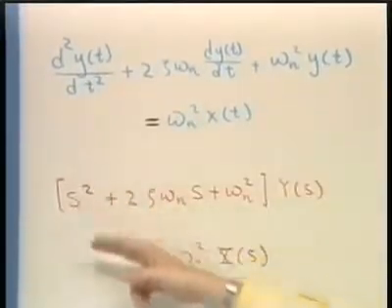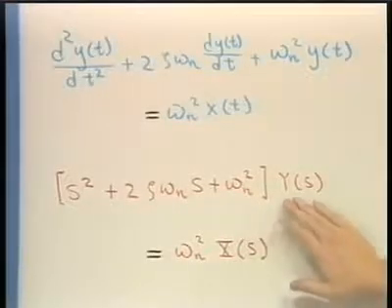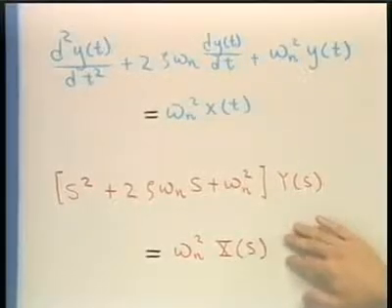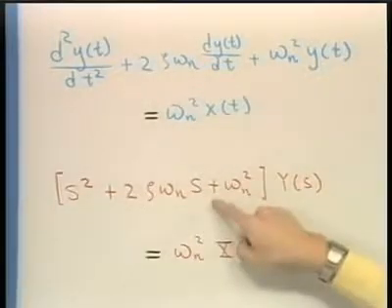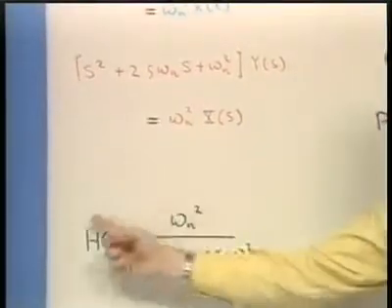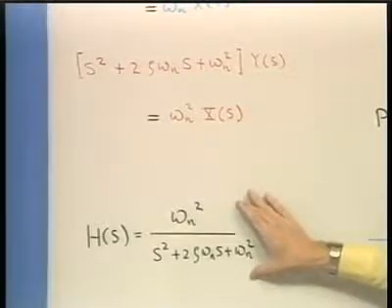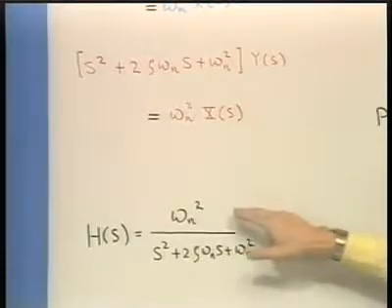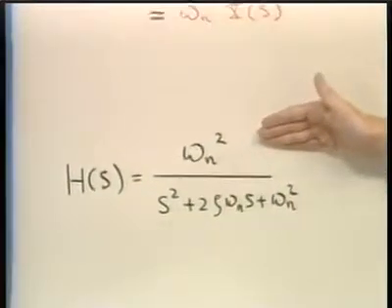And now when we solve this algebraic equation for Y(s) in terms of X(s), it will come out in the form of Y(s) equal to H(s) times X(s). And H(s) in that case we would get simply by dividing out by this polynomial in s. And so the system function then is the expression that I have here. So this is the form for a second order system where there are two poles. Since this is a second order polynomial, there are no zeros associated with the fact that I had no derivatives of the input on the right-hand side of the equation.